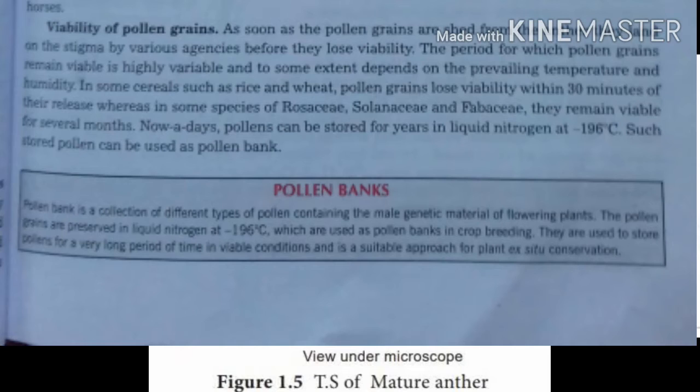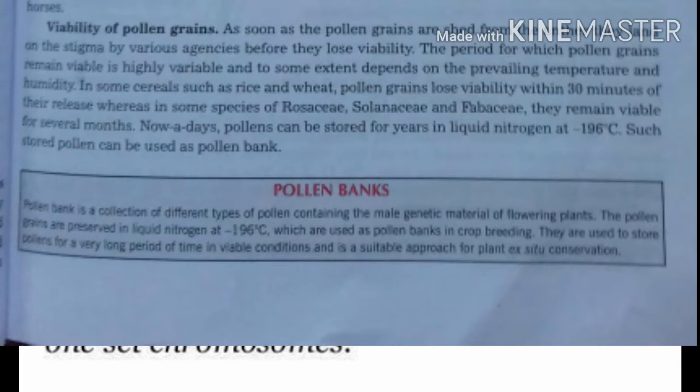Now I am explaining pollen viability. Pollen viability refers to the period in which pollen grains retain their potential to germinate. It depends on prevailing temperature, humidity, and also genetic potential. Pollen grain can remain viable for a short time or for a few days to several months. In cereals like wheat and rice, the viability is only for 30 minutes, whereas in legumes, it is for several months. Pollen grain can be cryopreserved at a temperature of minus 196 degrees Celsius in liquid nitrogen and can be